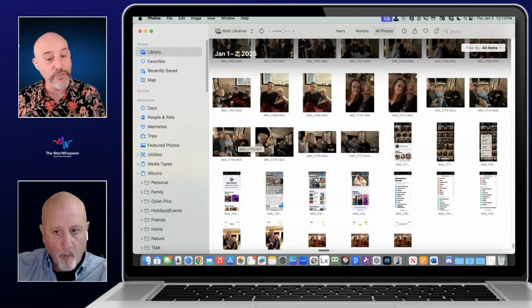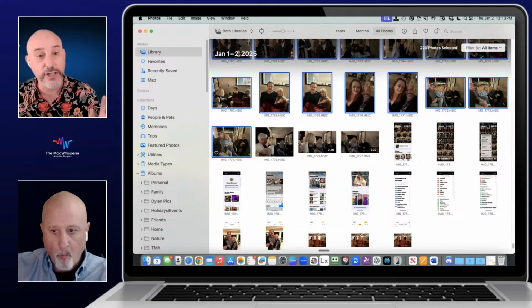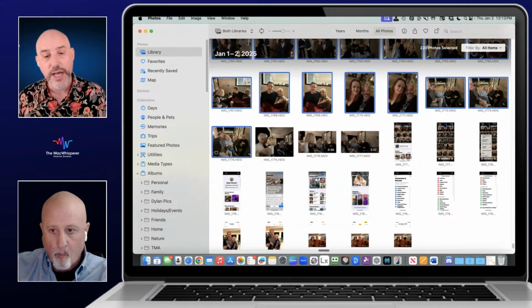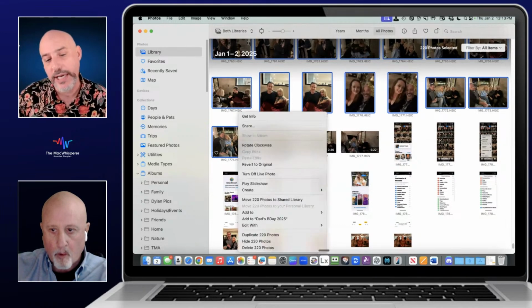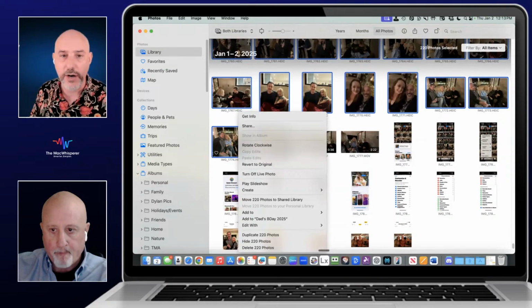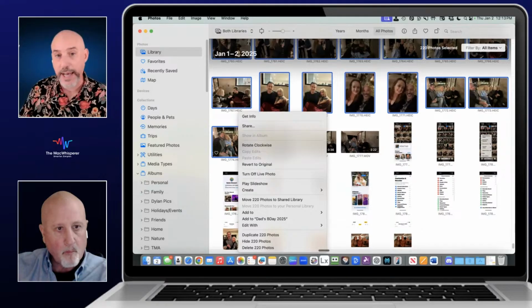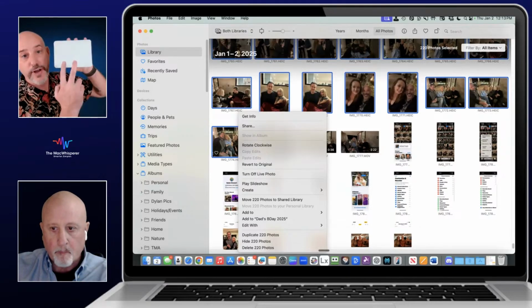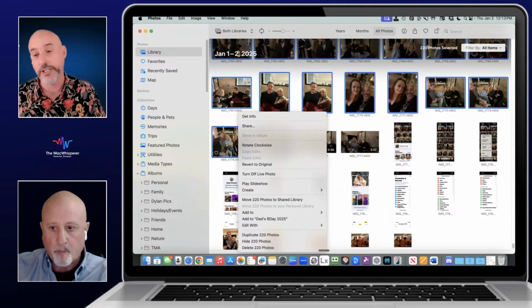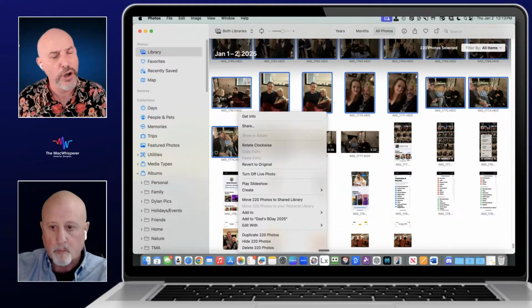I'm going to hold my shift button and grab that. I have selected 220 photos. Now I'm going to create an album by right-clicking. If you don't know how to right-click, on the mouse, it's the right side of your mouse. On a trackpad, what you do is you take 2 fingers and you click them simultaneously on the trackpad. A lot of people don't know that there's a right click on the trackpad, so it's important to know that